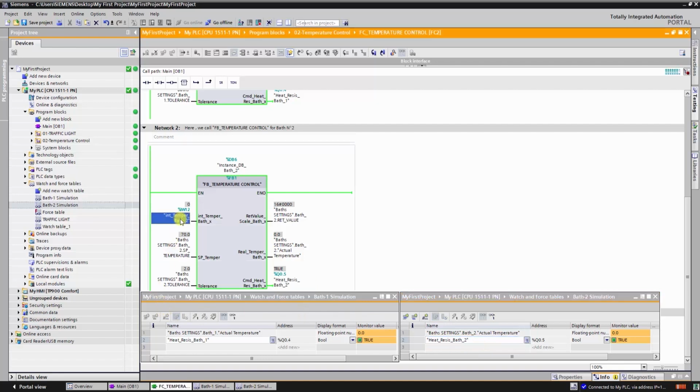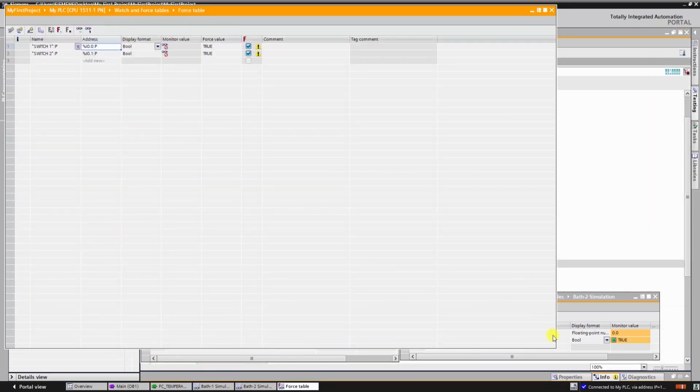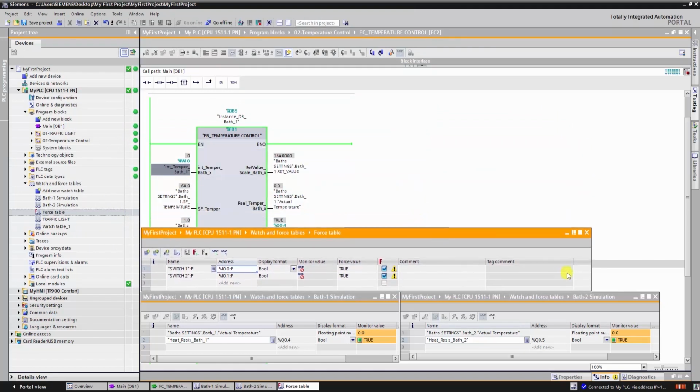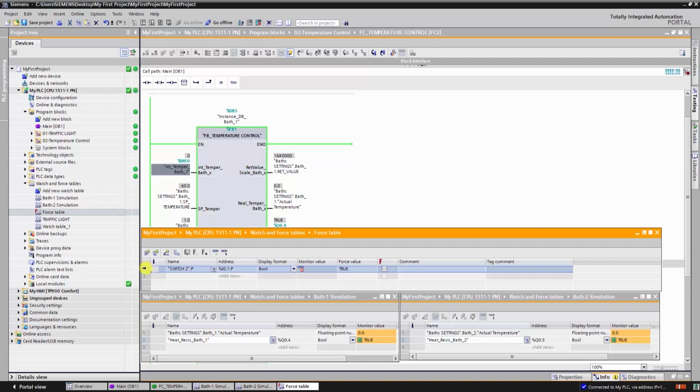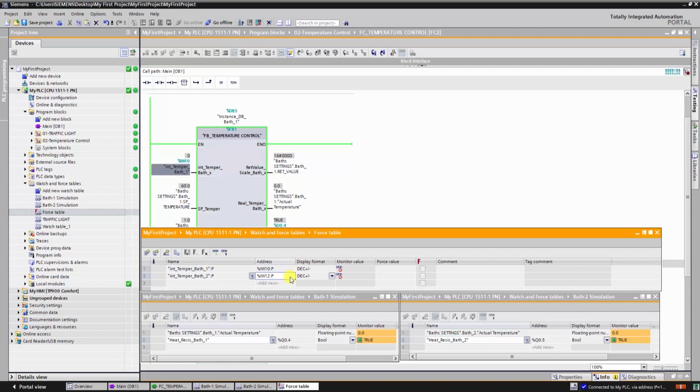To simulate the physical inputs, either digital or analog, we use the force table. In our case, we will open the force table, and there, we will add the 2 int temperatures, to force them later. The PT100, through its converter, sends an analog signal to the PLC, between 4 and 20 mA. The analog input module converts this signal from analog to a digital signal, comprised between 0 and 27648. Remember this number,